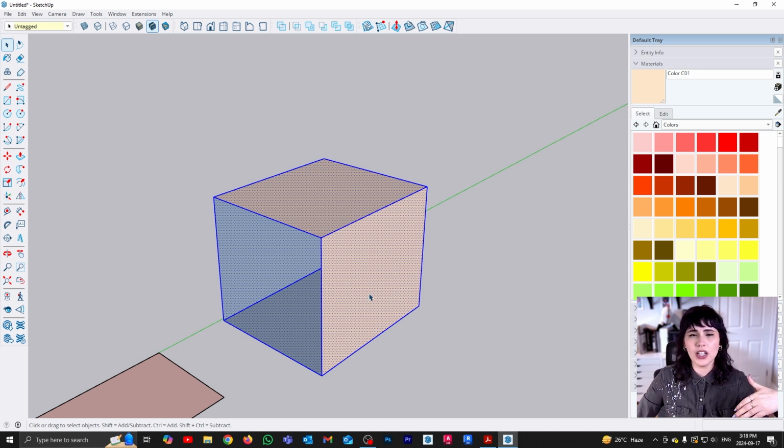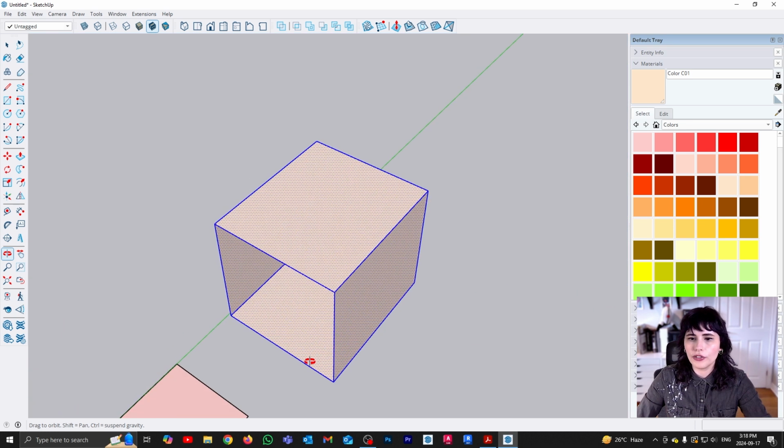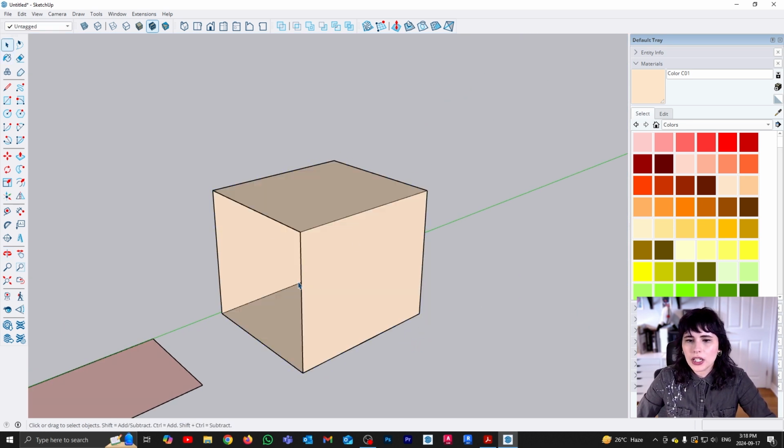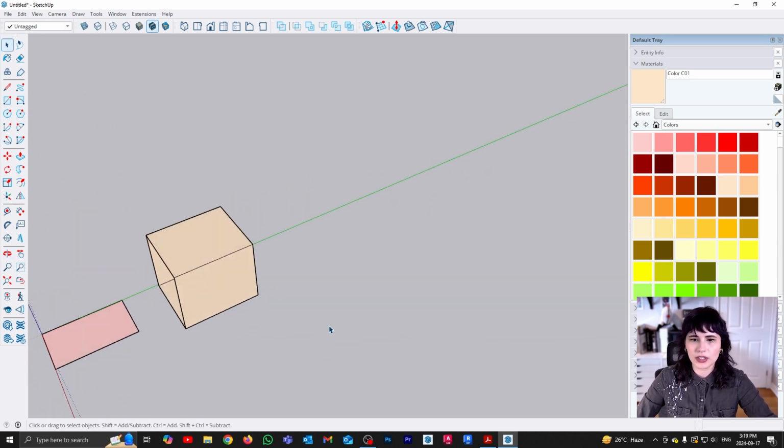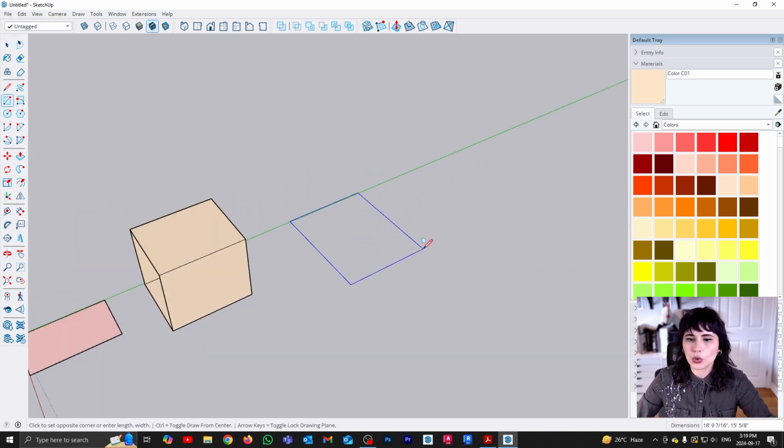So in those cases, if you want to have a geometry where both faces are painted, all you have to do is, once you've done your selection, click on any of the bluish gray faces, and that will override that and tell SketchUp that you actually do want to paint all of the interior faces, okay? But this method, as you can see, is still a little bit annoying because you have to select all the faces, click on the white faces, then click on the bluish gray faces,